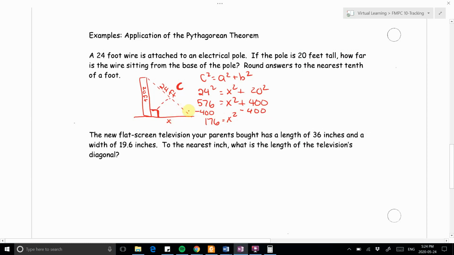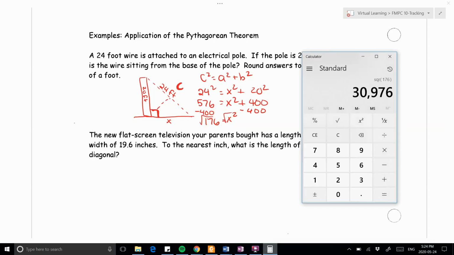C has to be the longest edge. So if that happens, that's a sign to you that you've missed something or you've done something wrong. So go back and check. So I see that I've actually forgotten to do my last step. I need to get rid of that square with a square root. So we're going to go 176. Oops. Square rooted